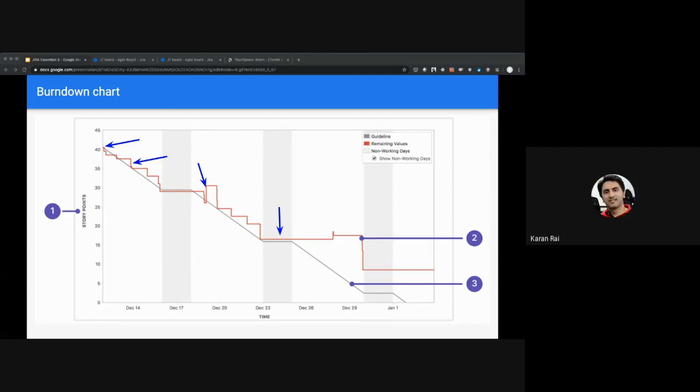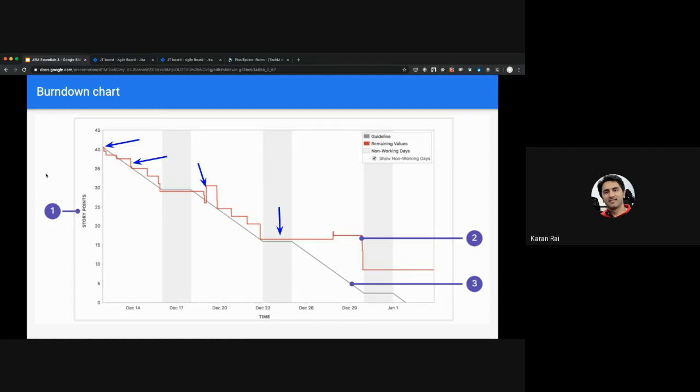Right. So cool. So this is the most important chart. It gives you a lot of insight on how your sprint is evolving over time, and helps you understand a lot better where things are going wrong. You can actually look at this chart and figure out where things went wrong. What are the points of re-estimation, and these are very useful in your retrospectives to understand how to make your